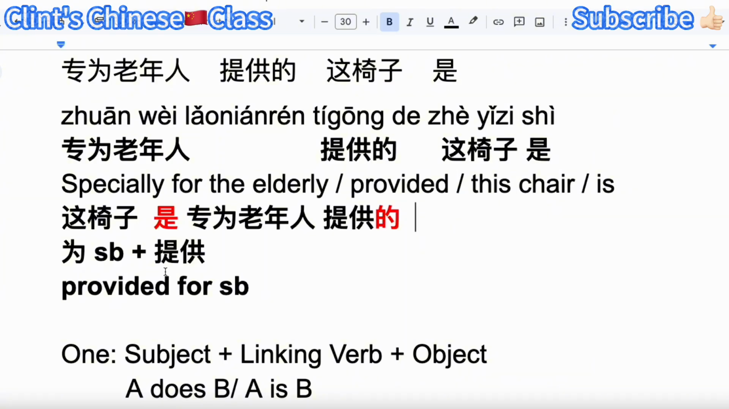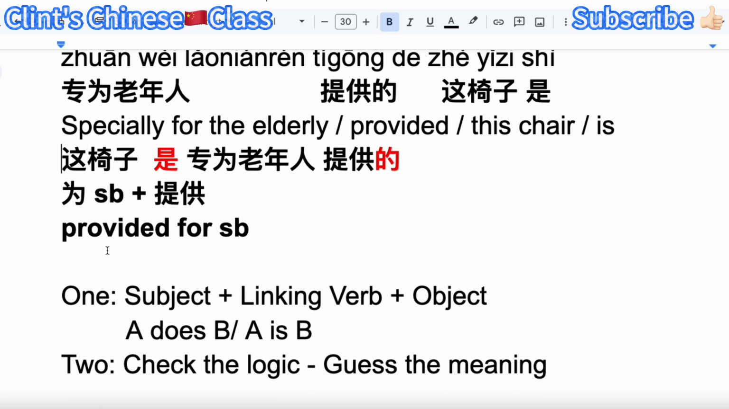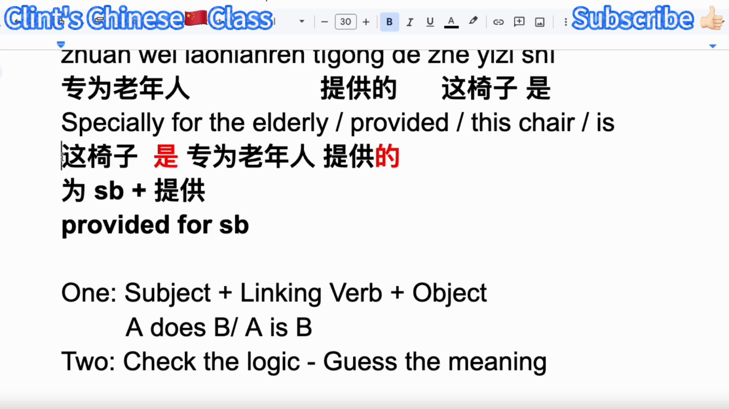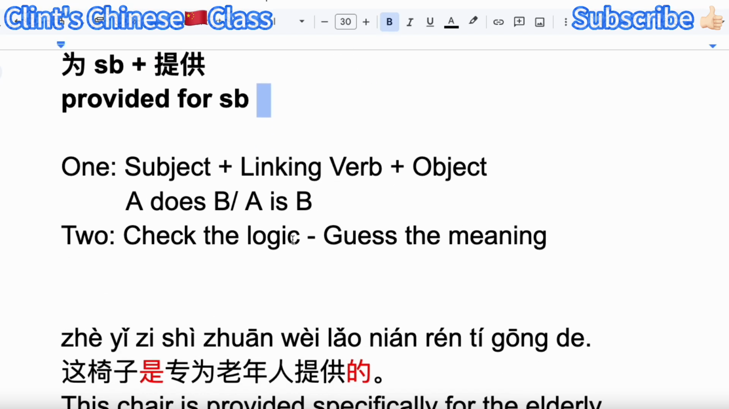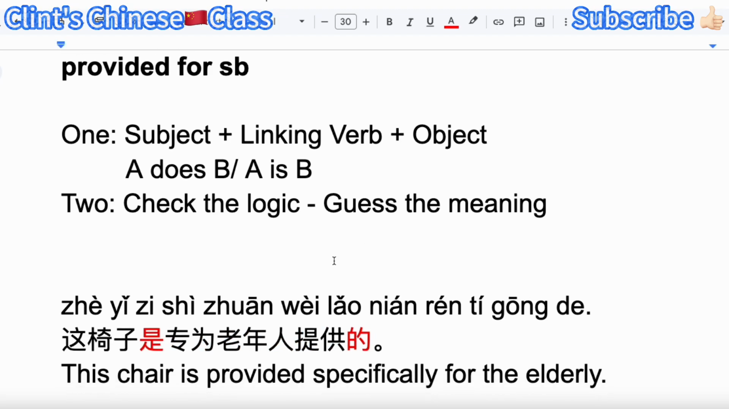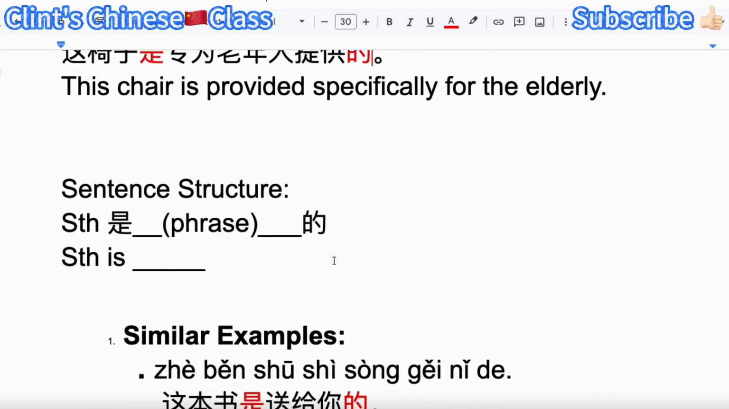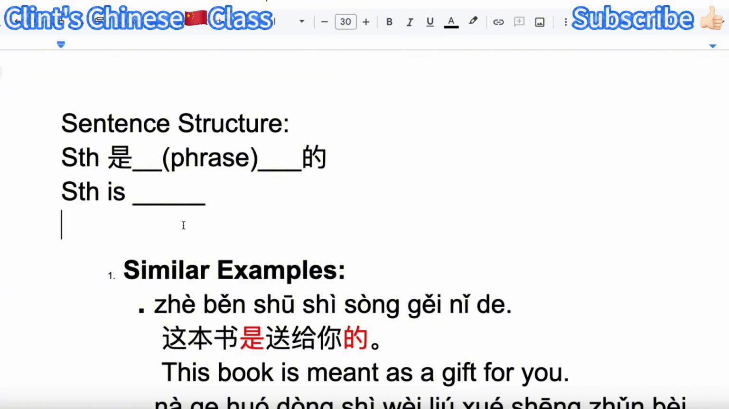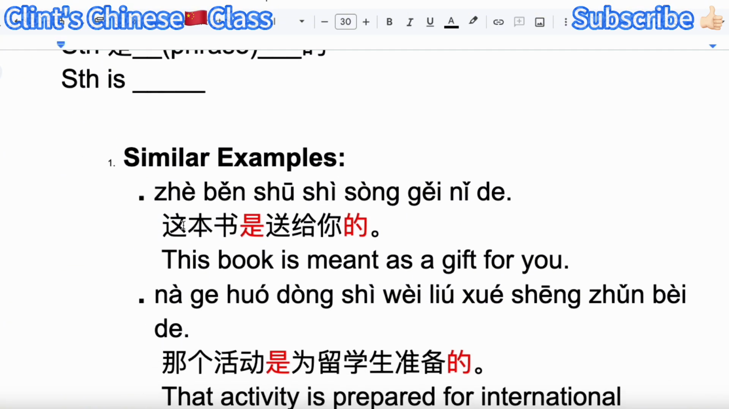All right, so then we get the correct sentence, but we have to double check the logic, right? Guess the meaning. Does it make sense? This chair is specifically provided for the seniors. Okay, that's correct. And then after we learn this 是 whatever 的, now let's use this structure to analyze more sentences. For example,